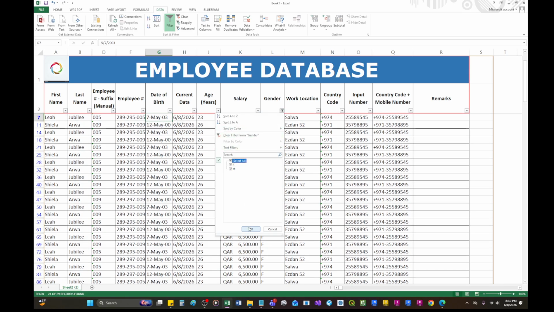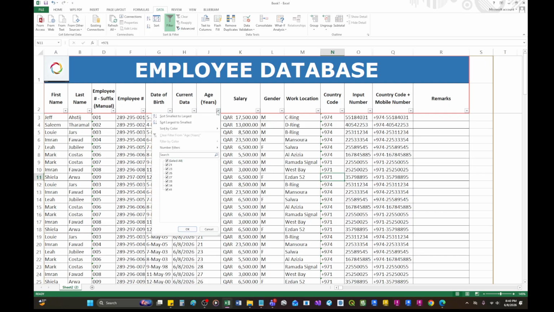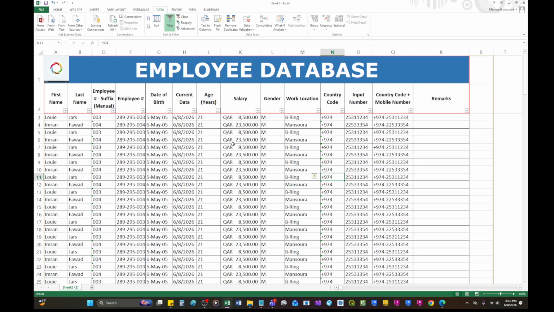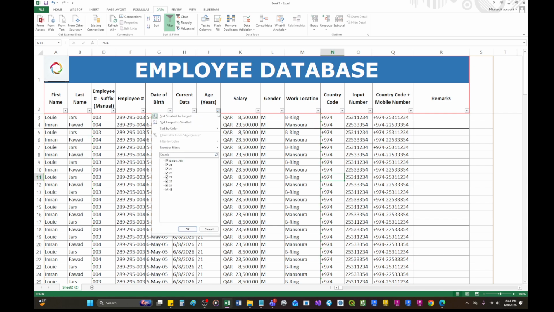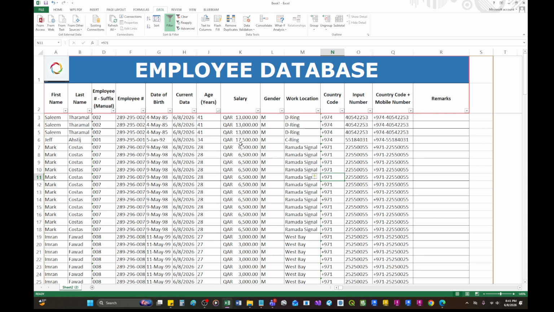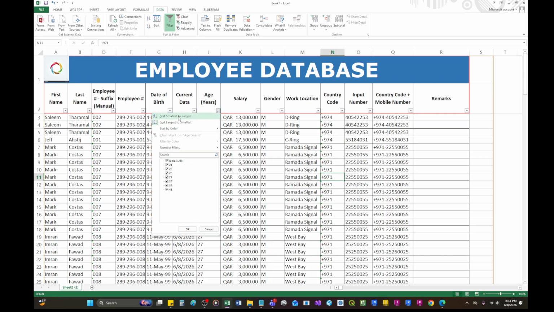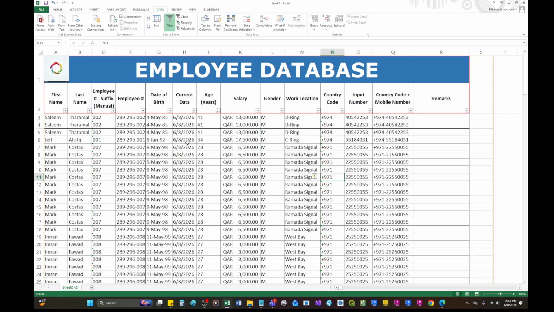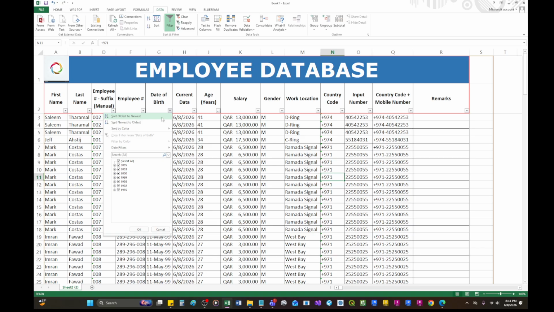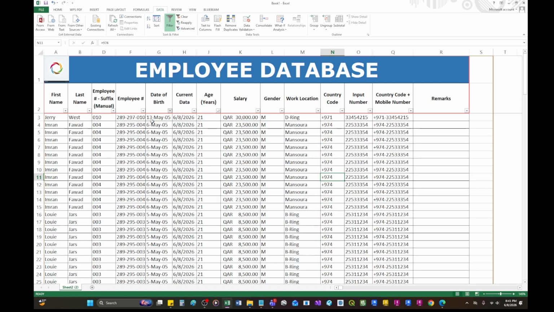Or let's say you want to arrange by age. You want them to be arranged from youngest to eldest, or from the eldest to the youngest. Let's say 41 is the oldest. Salim is the oldest. Or maybe you would like to arrange it by date. Maybe you're planning to give a celebration to people, whatever. So you can select this one, either newest to oldest,